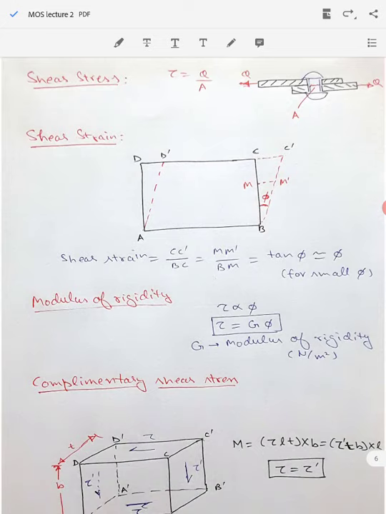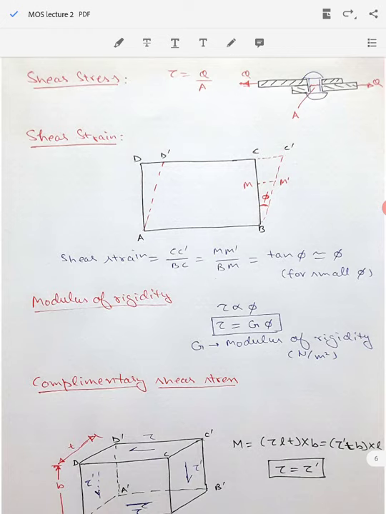So when two parts of a body apply a load such that they try to act tangential to the resisting area. So this is a rivet which is joining these two parts of the plate, and when we pull this plate in the opposite direction, this rivet tends to fail from the middle, and the area is also shown, which will be pi by 4 d square, the diameter of the rivet. So this area is parallel to the applied load.